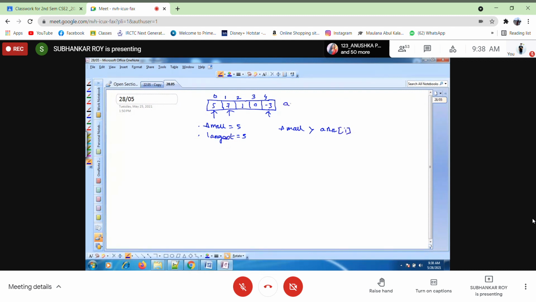This is array ARR, and if it is, then small will change to ARR, because small must store the smallest element. The logic is this one. If small is greater than ARR of I, then small will be ARR of I. Similarly, if large is less than ARR of I.